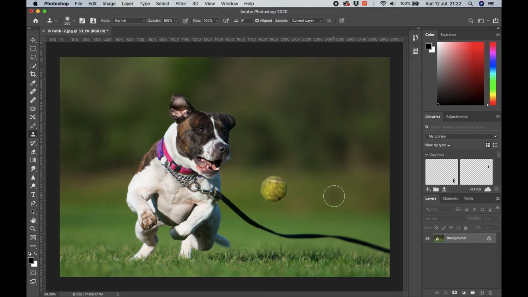But the good thing for us is that for general simple things like getting rid of this lead or getting rid of this ball, it's pretty easy. And most of the time, my basic edits in Photoshop are getting rid of things or moving things or maybe adding something else. So I'm just going to give you a very quick tour around Photoshop in a very basic way,